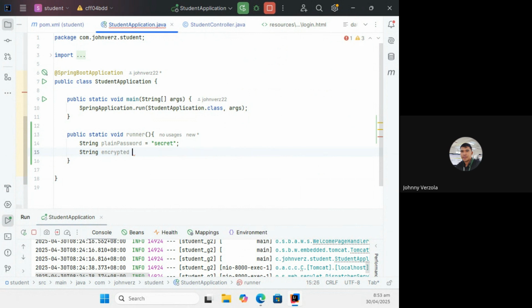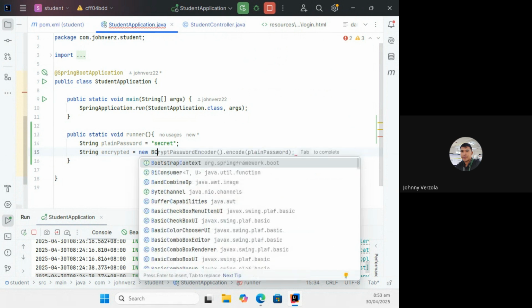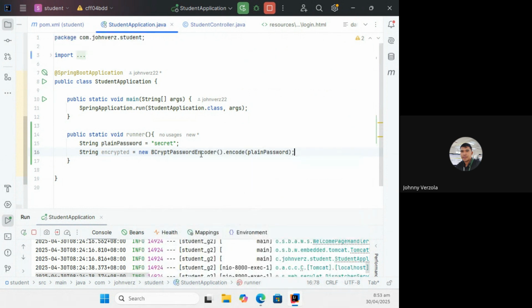To generate that, we can again use the bcrypt password encoder by creating an object, just like that one. And then I'm calling the method encode and I'm encoding the secret. You will see later on how it looks like if it's encrypted.